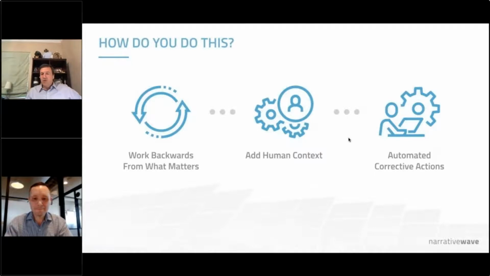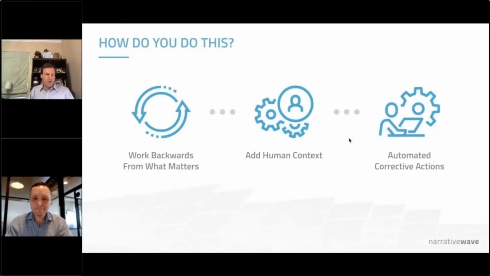The second approach is, use human context, right? If you ask your asset managers and your engineers, what do you do when you see this type of thing happening? They'll tell you, we check this and this and this. We check the neighboring solar inverters or the neighboring wind turbines. Oh, so put that back into the analytic and help them do that part of it. So that human context is very valuable, right?